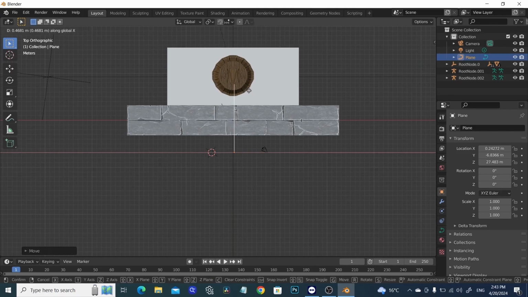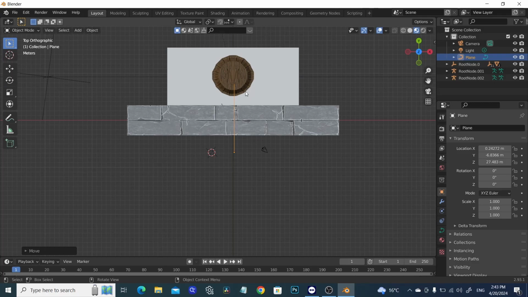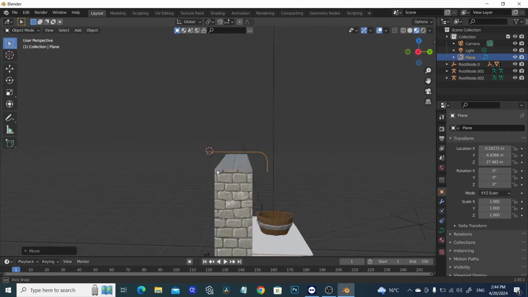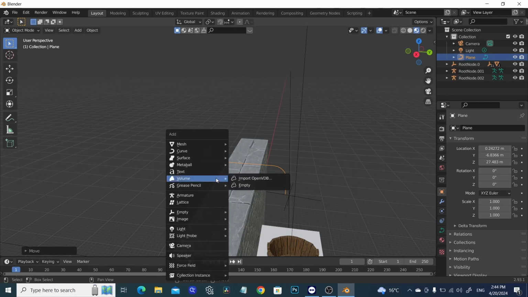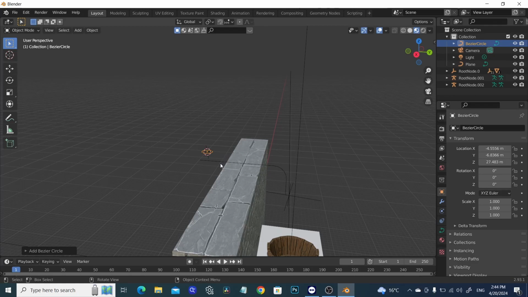Okay, looks like it's quite in the center. Now we will make our pipe from this curve. So once again, Control Shift A, I will insert a circle, and by selecting this curve and going